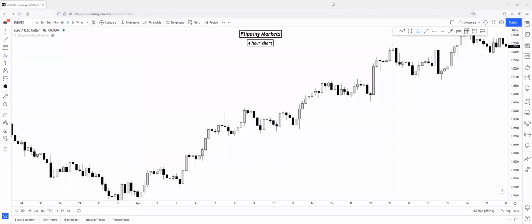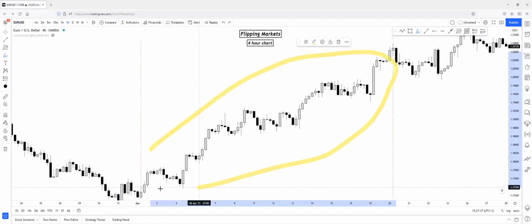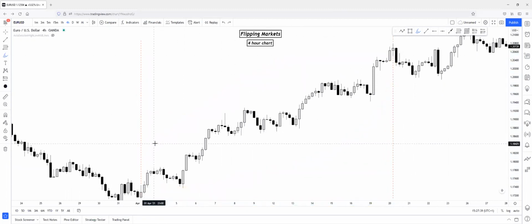Okay, so I want you to practice inefficiencies. I'd like to give a task for you. So mark all of the inefficient areas between this line and this line. So in this region. For this task, you will need an image editor program or just TradingView. And you have to screenshot this image and copy and paste it into TradingView. I would like to ask you to mark all of the inefficient areas, and I will just show you an